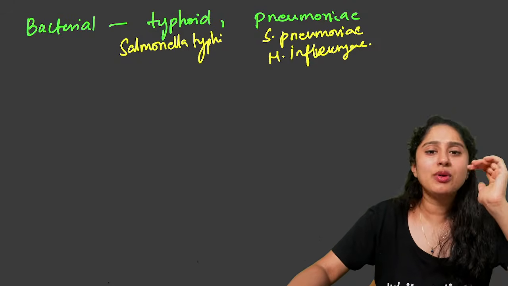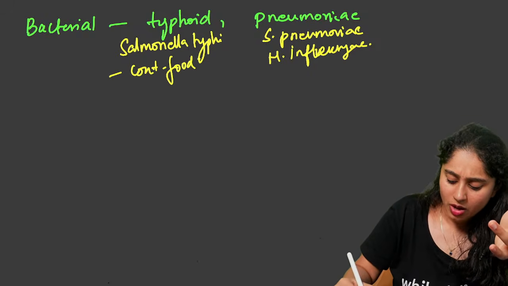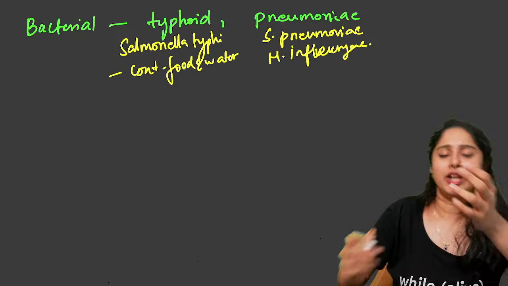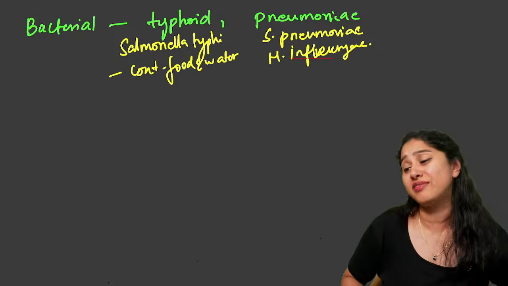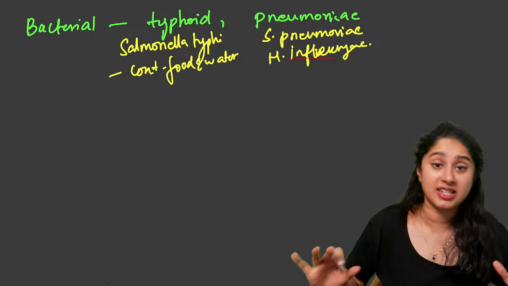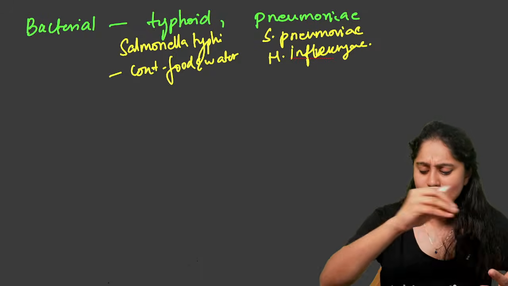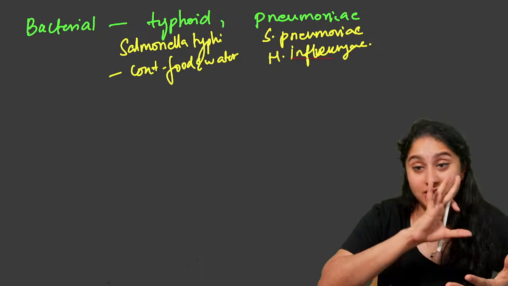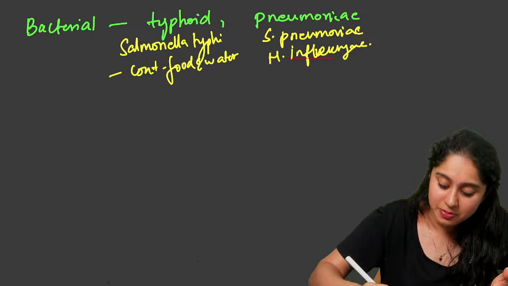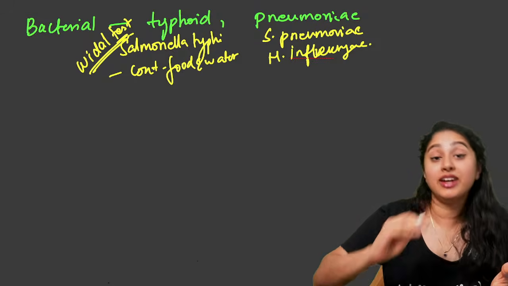Okay, now Salmonella typhi is caused by contaminated food and water. Okay, so because of that, you can say that it will have problems in the stomach. In very worst cases, perforation of the intestines can happen. It can cause death also. But overall, you will see that contaminated food and water is the major reason why you get this disease, and you can find this disease by a Widal test to diagnose the disease.